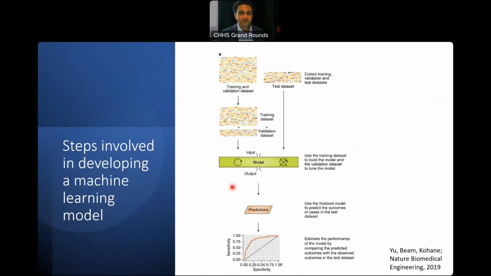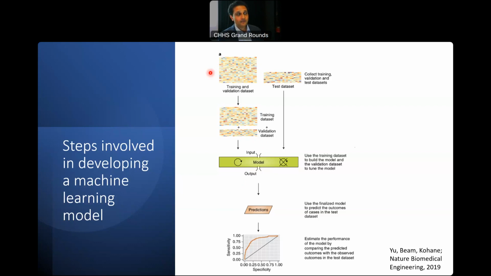Just very briefly, two slides to maybe put a little bit more meat on the bones in terms of machine learning and deep learning. So machine learning, and Daniel will talk a little bit about this in what he's presenting in renal medicine. But essentially, you have a data set, so you collect information, or you've got information coming in from the various automated data sets. You set that aside as a training and validation data set. You split them into training and validation.